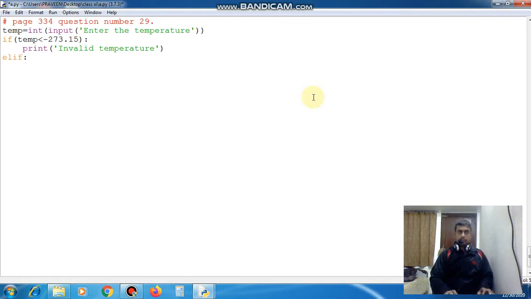Here again the second condition: if it is exactly that, then print it is absolute zero. So if temp is equal to -273.15, then print absolute zero. Then if